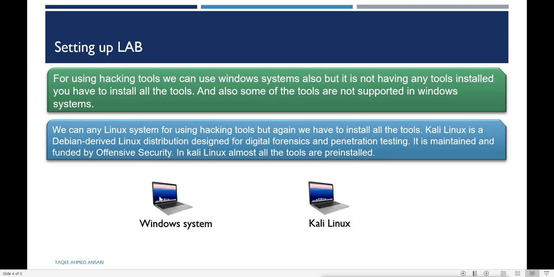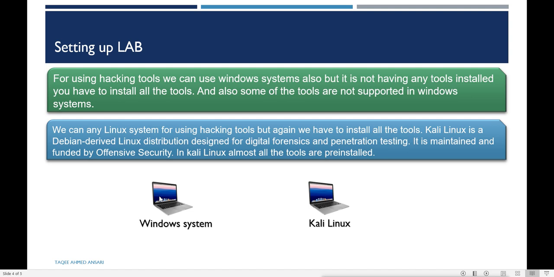So what we use is Kali Linux. Now this Kali Linux is a Debian-derived Linux distribution. It is designed on the Debian system for digital forensics and penetration testing, with the single purpose of doing penetration testing and digital forensics.